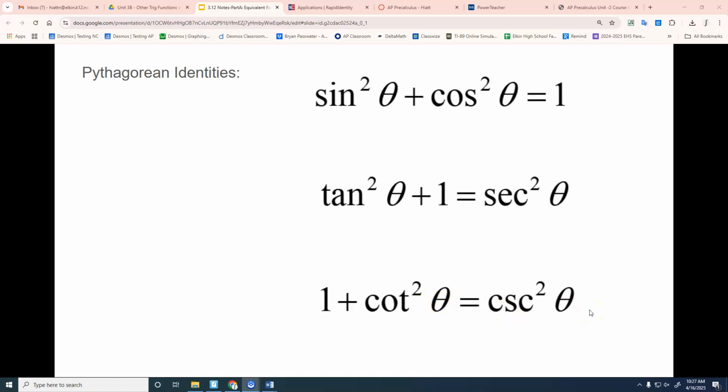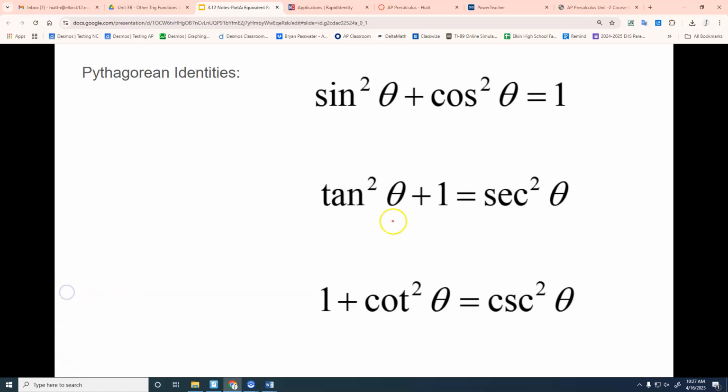Now, whenever we do this, like if you go ask my calculus kids, they can probably tell you that sine squared theta plus cosine squared theta equals 1. They probably remember that from this class, or at least most of them probably do. They probably do not remember these next two right here. But let me show you something kind of neat about this. Those two are not really different